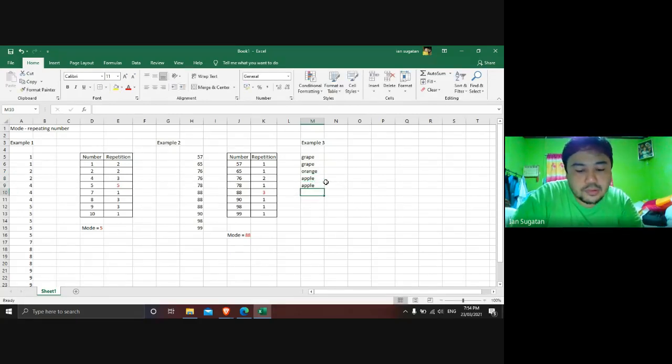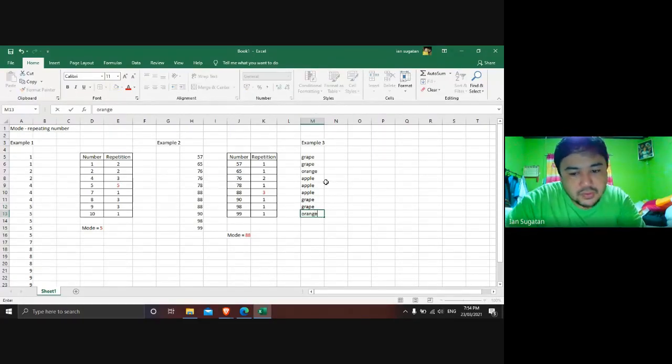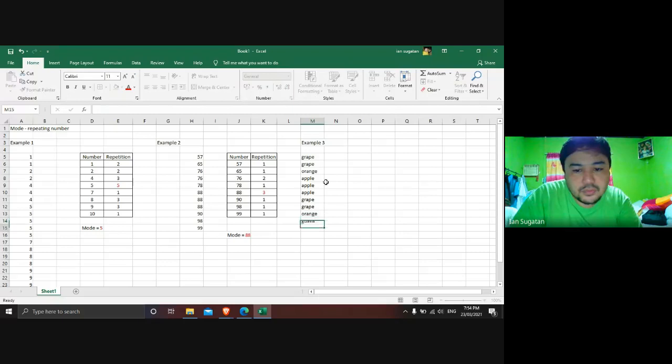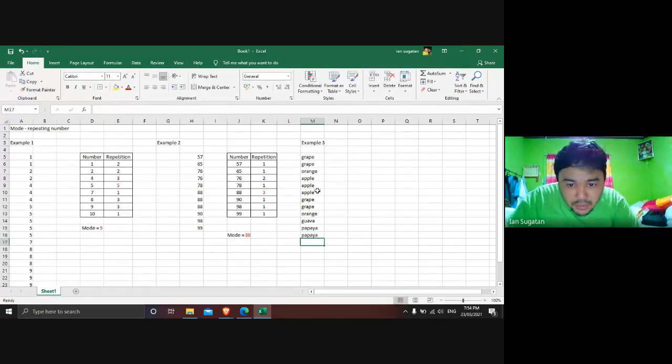Apple, apple, grape, grape, orange, guava, papaya, papaya. Okay, so if we have this one, instead of number, we will use fruit